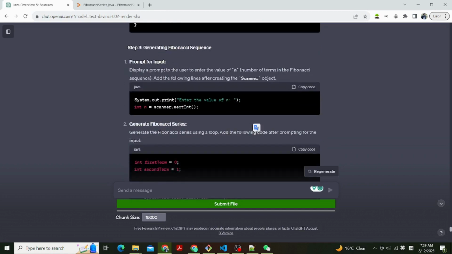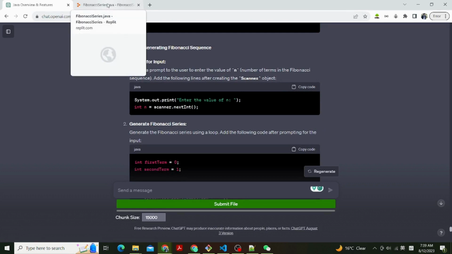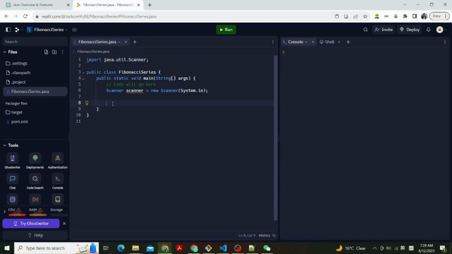Step 3, generating the Fibonacci sequence. First, prompt for input. Display a prompt to the user to enter the value of n, the number of terms in the Fibonacci sequence. Add the following lines after creating the Scanner object. System.out.print("Enter the value of n: "); int n = scanner.nextInt();